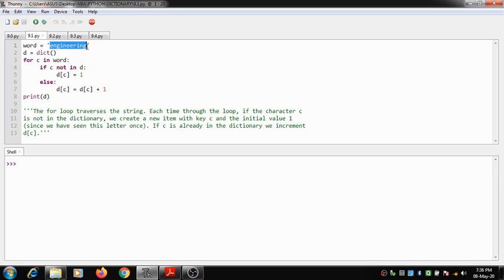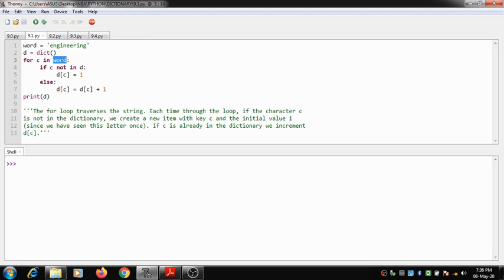I have a string called engineering, and I have assigned it to a variable called word. In the second line, I have created a dictionary called D.